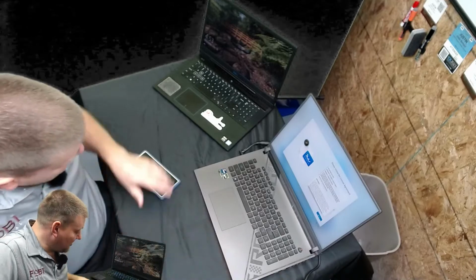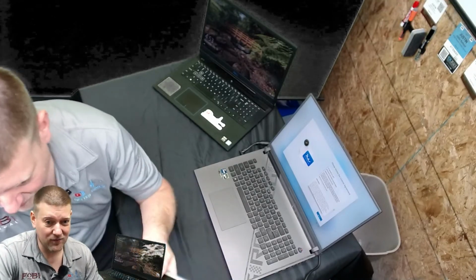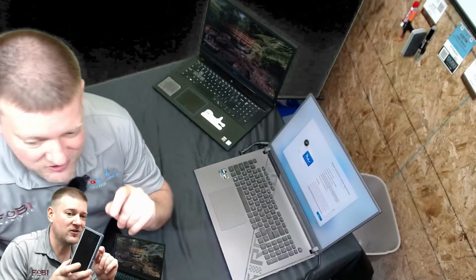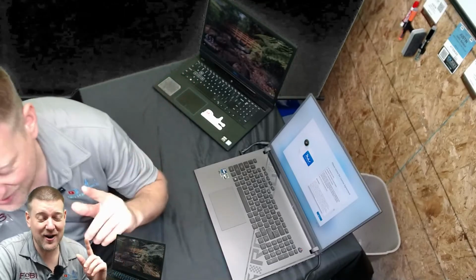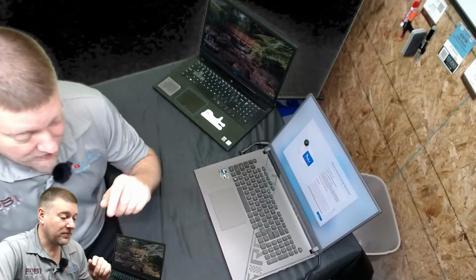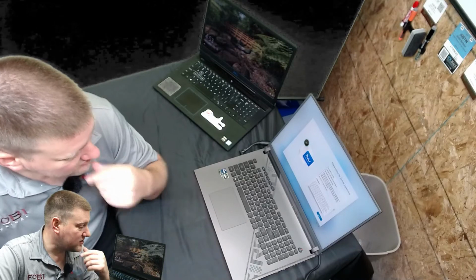Just like on my Samsung phone, which you can trash Samsung all you want. This is one of the best phones out there. But when there's an update and they push it out and I haven't installed that update yet, my phone runs terribly. I know too, because apps that never crash, all of a sudden, whoop, it crashes out of nowhere. Easily one of the most annoying things in the world. But Windows does that too. And it will crash out of nowhere. So,